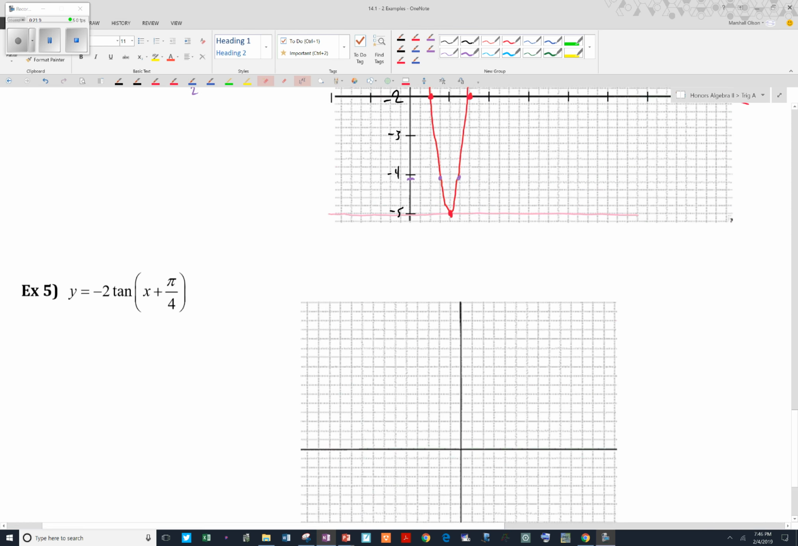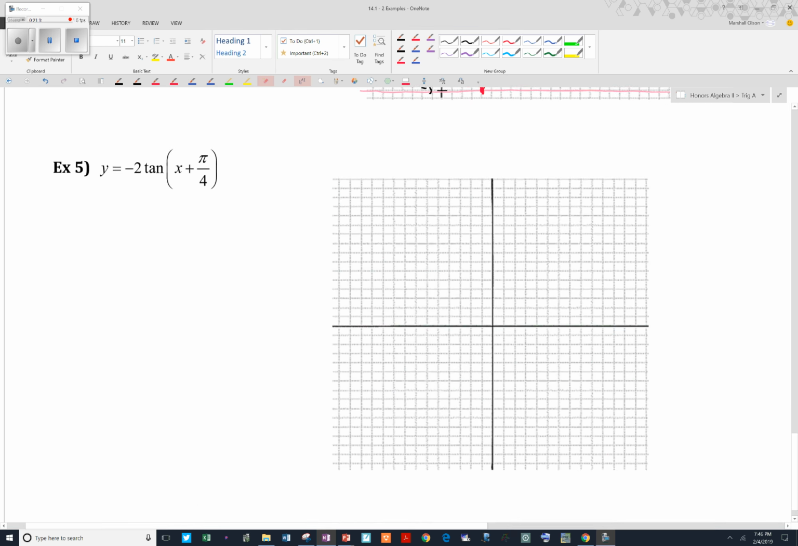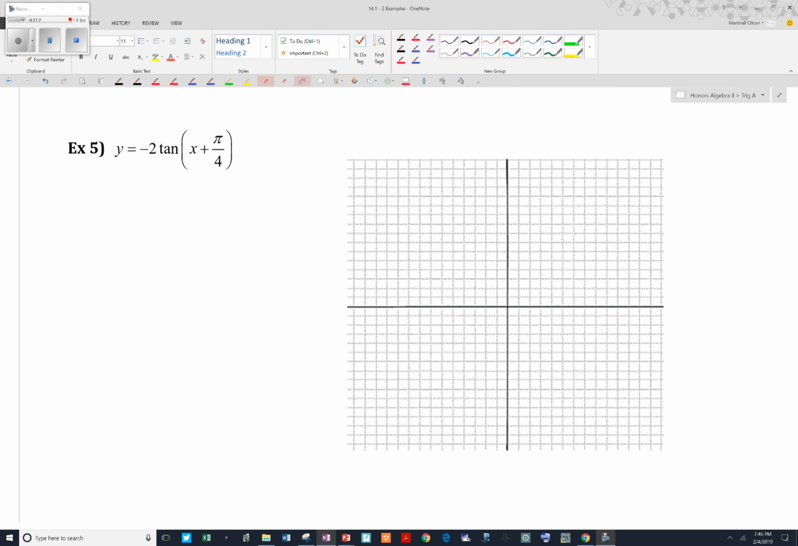All right, we're going to do one more translation here with a tangent graph. So what we have here is a negative tangent graph. I don't think we've done an example of one of those yet. So a negative tangent graph,